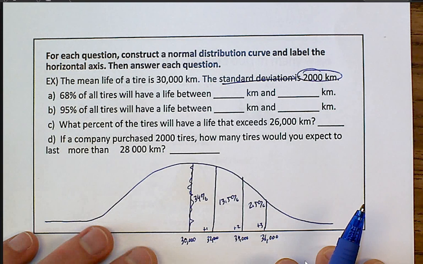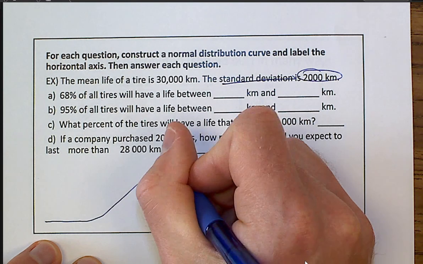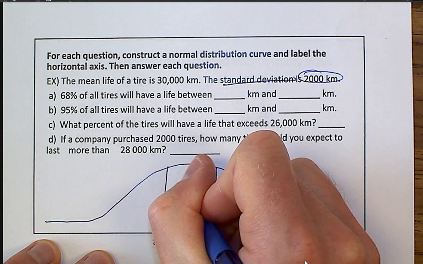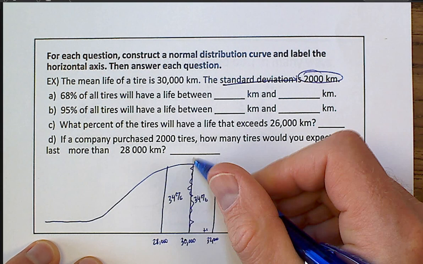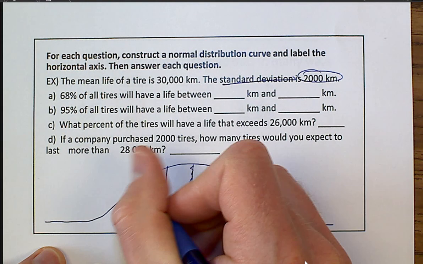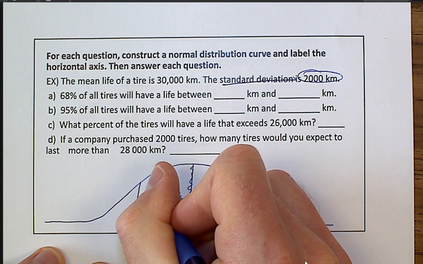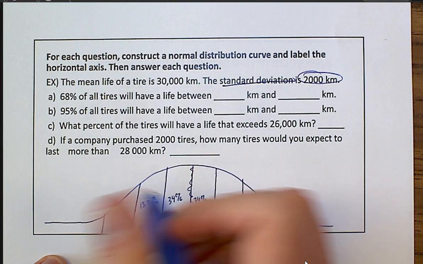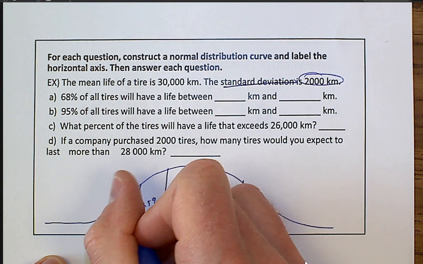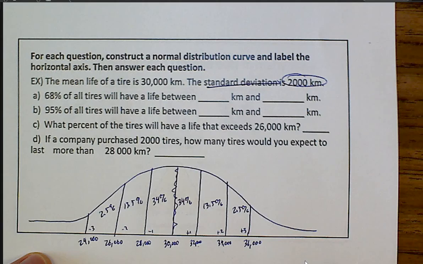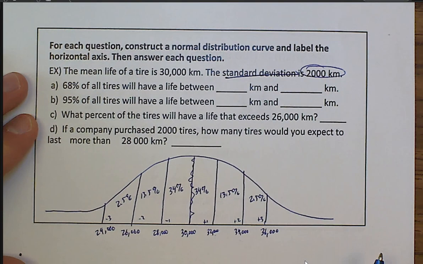Well, we need to go the other way as well. So now I'm going to subtract. That's going to be 28,000. Remember, this side is always basically 50%. If you add up these, that should be 50%, and these, 50%. So 34% below, it's minus 1 standard deviation, is 28,000. And then 13.5%, that's going to be 26,000. And the last one is minus 3, which is 2.5%, and that's going to be 24,000. Okay, so now that I have the situation graphed on the bell curve,